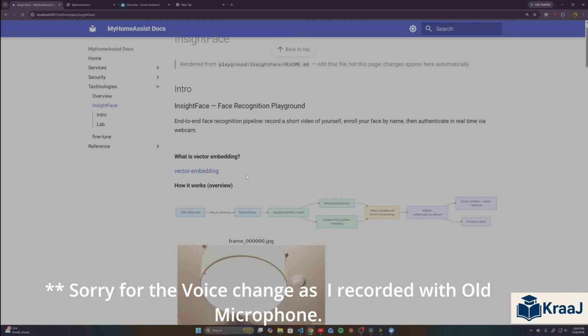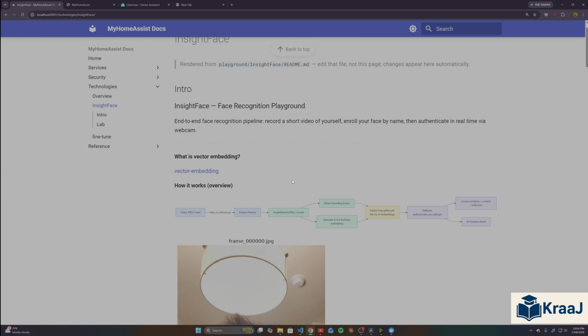So I created this documentation as an overview of how InsightFace works here, and this is the actual flow diagram. But before that, you need to understand what a vector embedding is. All the LLMs are designed on the foundation of embeddings, because an embedding is nothing but a list, a collection of data, and they map according to the